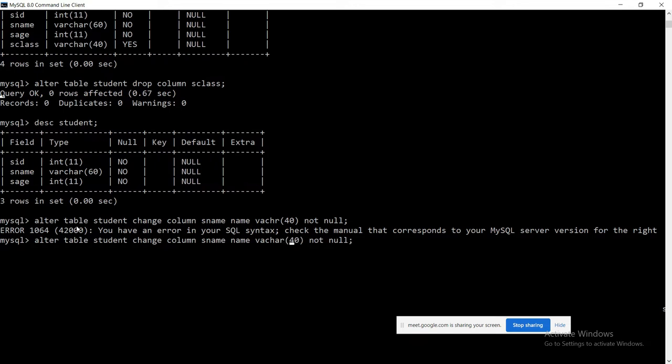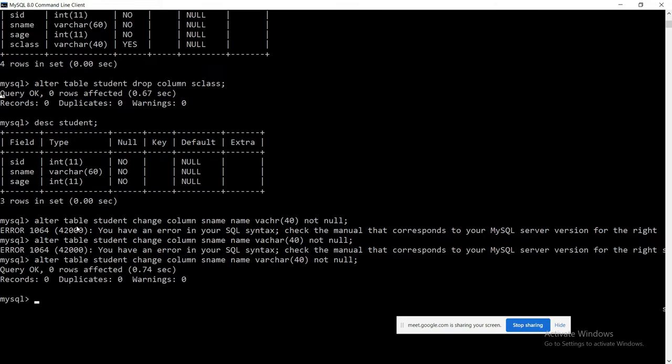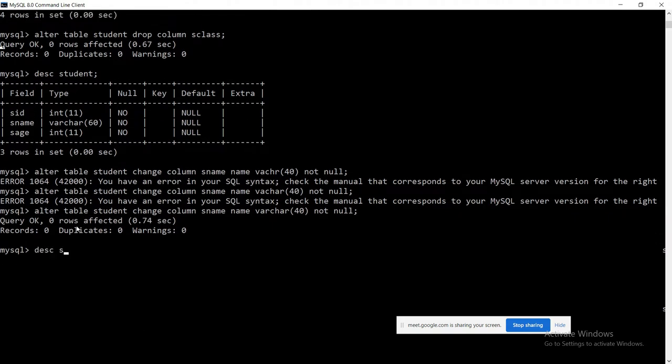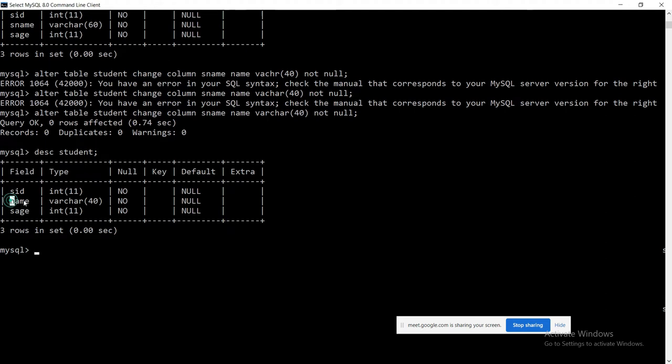There is a spelling mistake. Yes, it should be not null. Yes, it has affected. Now if you describe student, you can observe, guys, it has renamed its column name from S name to name, and its corresponding data type also has changed,